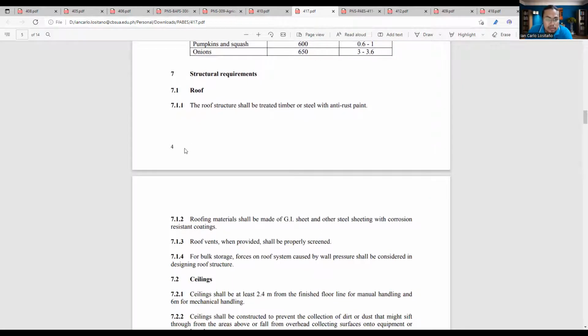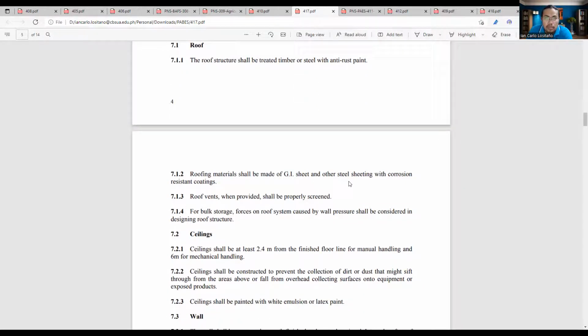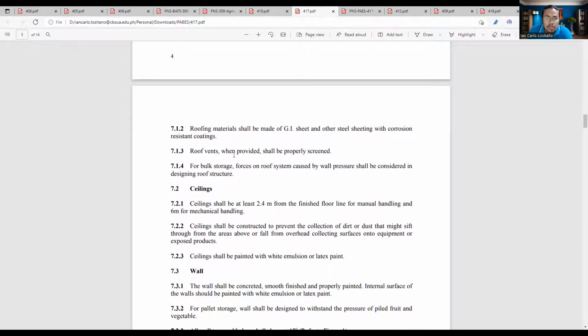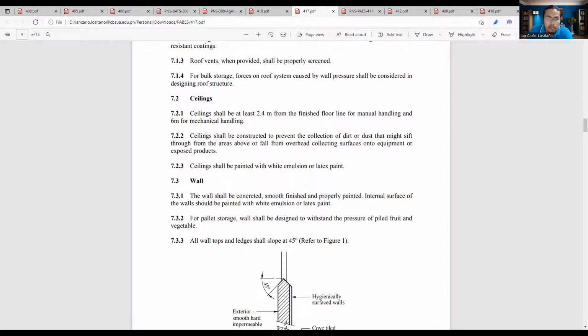Structural requirements: the roof. The roof structure shall be treated timber or steel with anti-rust paint. Roofing materials shall be made of GI sheet and other steel sheeting with corrosion-resistant coatings. Roof vents, when provided, shall be properly screened. For bulk storage, forces on the roof system caused by wall pressure shall be considered in designing the roof